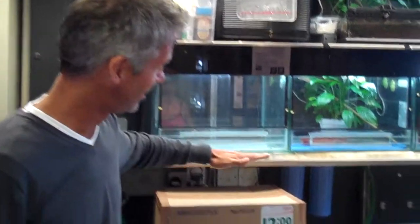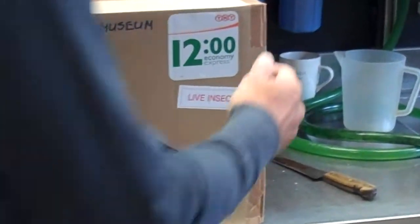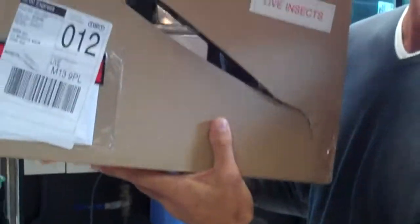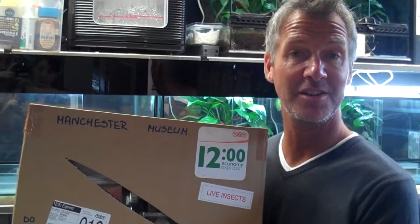Anybody that was wondering what was in the box behind the cash desk at reception last week, I just thought I'd show you what it was that was in the box. And this is the box that Steve was talking about. Basically, we get these boxes through twice a week, and they contain insects that we feed the animals with